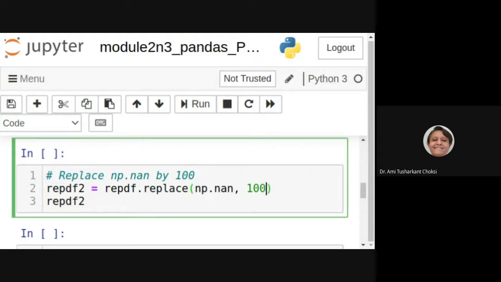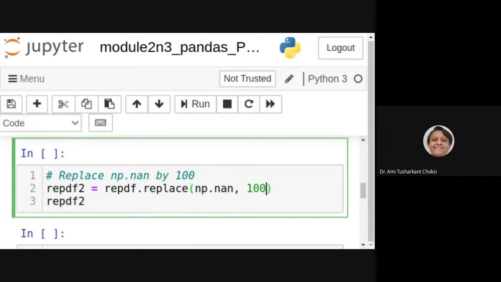Any common value we can put in your data set, say, for your class, the result is that almost all students are having, say, 60% marks. So that is the most common value available. I can put that as the missing value replacement. That student may not be having 60%, but these are the ways to replace the missing values.